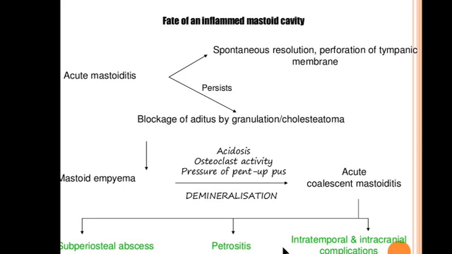So this is, you can say, a flowchart presentation. If you are asked the pathogenesis of mastoiditis, this is how you should represent it. Instead of writing 2 pages, 5 pages, you waste your time. You remember the important terms, and this is how you should plan to write your theory papers. More and more of flowcharts and diagrams. Okay. So once demineralization occurs, you get subperiosteal abscess. You can get all types of intratemporal and intracranial complications, and even as far as the petrous apex, then you will get petrositis.